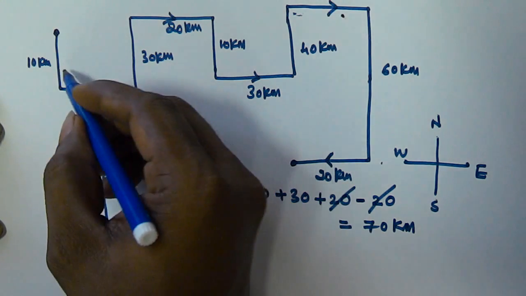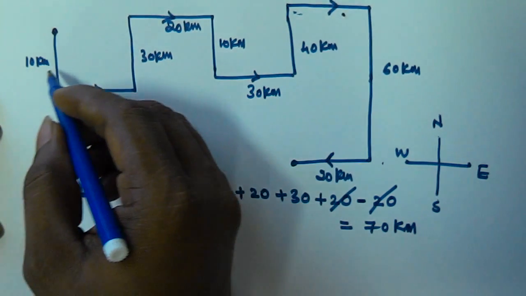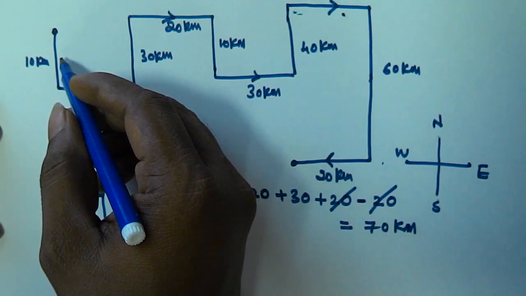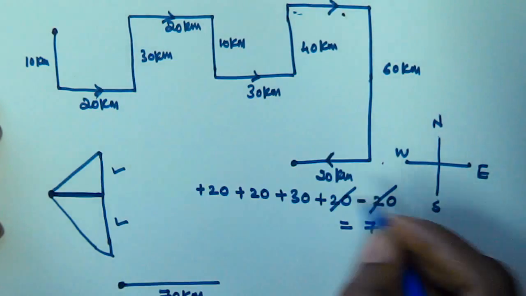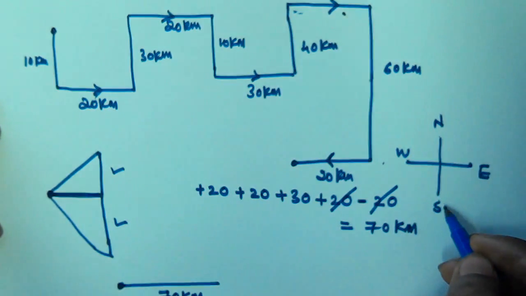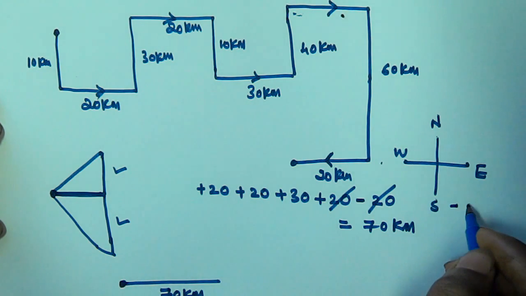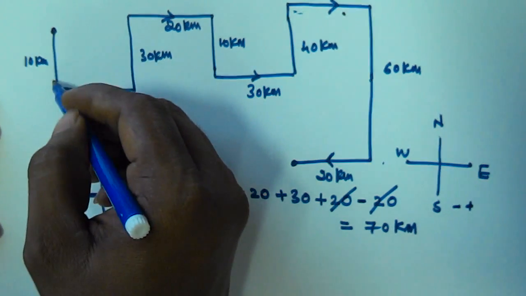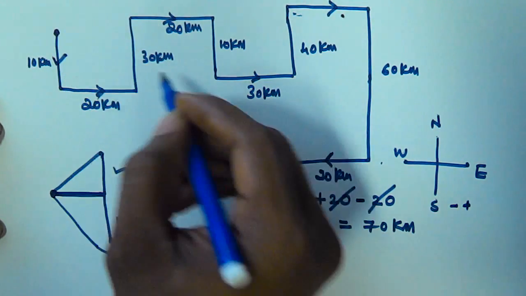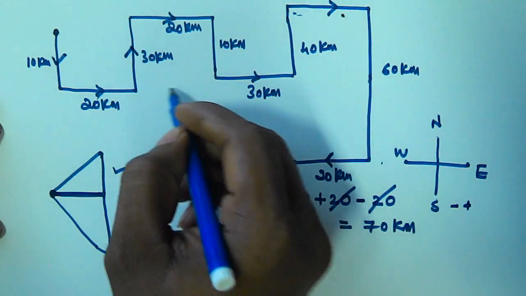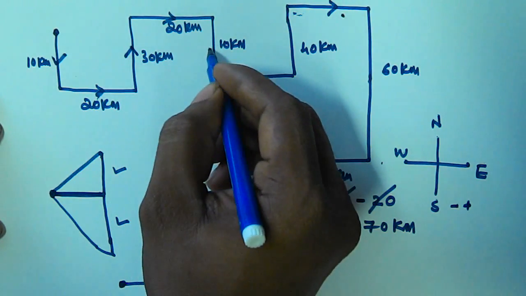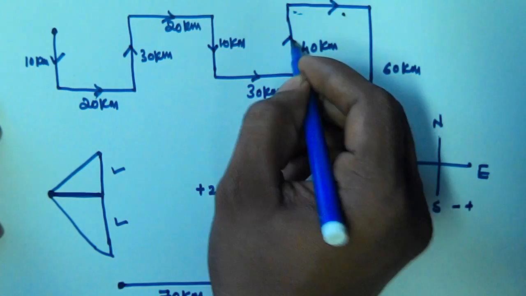Whenever he is coming downwards, I will take that as a negative. That means if he is traveling from north to south, you take that as a negative. If he is traveling from south to north, you take that as a positive, right? So this one is downwards, from the first point, and this one is upward. Vertical directions only I am taking here, and this one is again downwards, and this is upwards, and this is